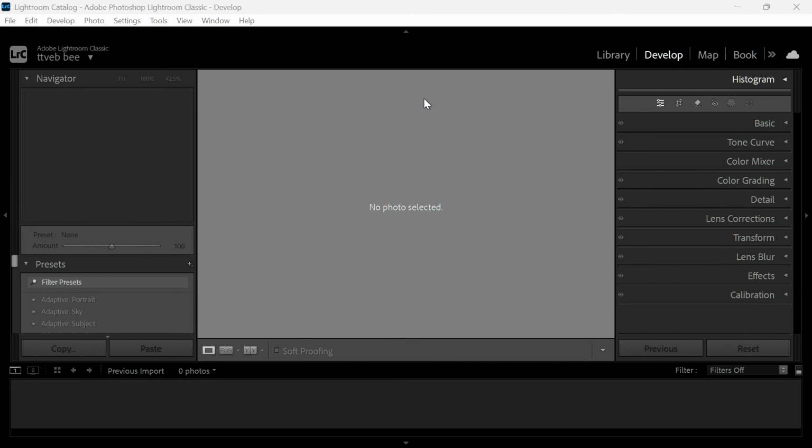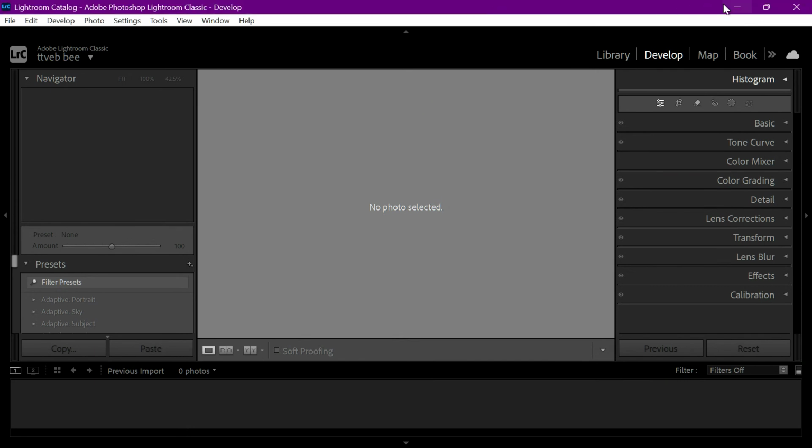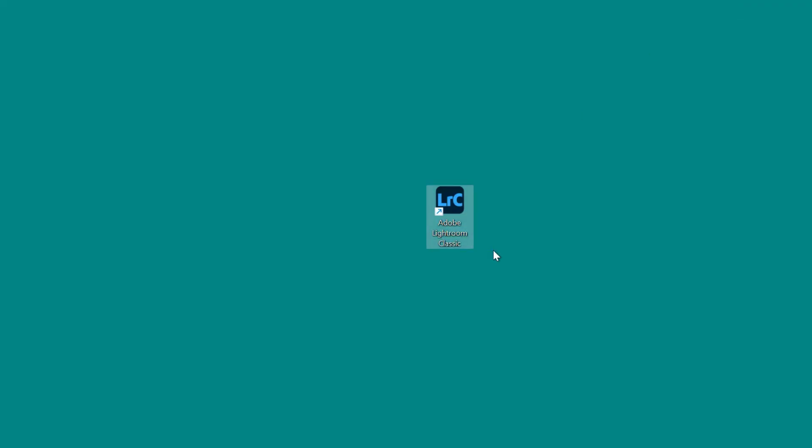First, we're going to reset Lightroom preferences. This is often the best solution when Lightroom refuses to open, freezes on launch, or crashes immediately after starting. If you're using Adobe Lightroom or Adobe Lightroom Classic on Windows, close Lightroom if it's running in the background, then hold Shift and Alt on your keyboard while opening Lightroom again. Keep holding those keys until you see a prompt asking if you want to reset preferences. Click Yes to confirm. This will restore Lightroom's settings back to default, which often fixes launch issues caused by damaged